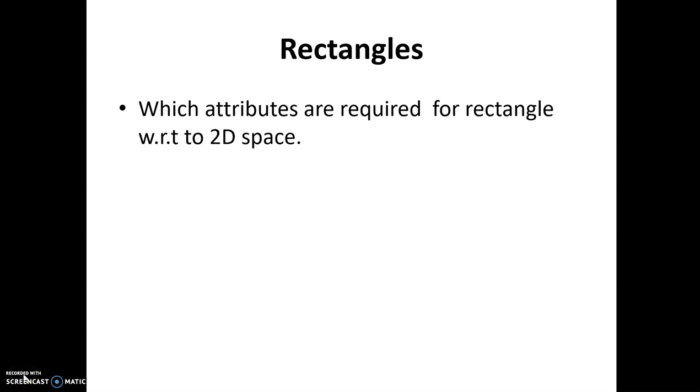So coming to the next example for the classes and objects chapter, where we are going to deal with rectangles. If you remember, in the previous video we discussed how we can create a class for the point, how we can create an object for the point, and how we can set the values, which are called the attributes of the object.